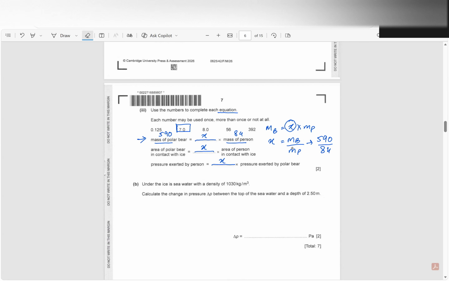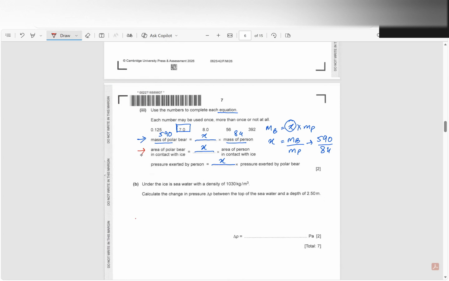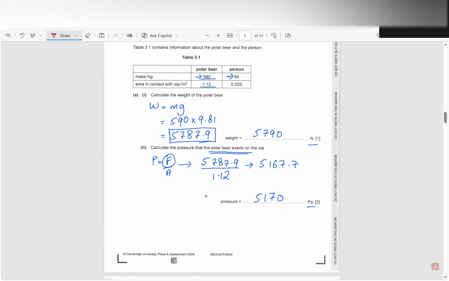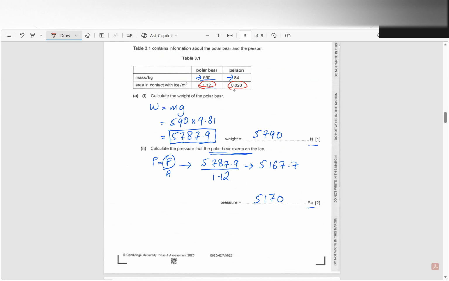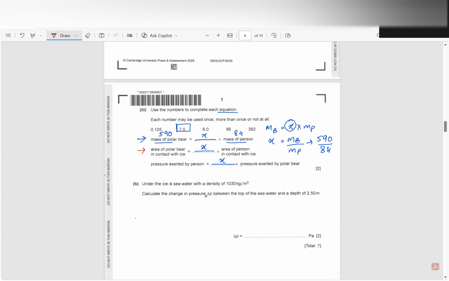Now moving to the next part, let's change the marker here. We have the next part: area of polar bear in contact with ice is equal to x times area of person. The area of polar bear and person is something we are also aware of: area of polar bear 1.12, and area of person in contact with ice 0.02. Fair enough. So what exactly are we going to do over here? We're simply going to write